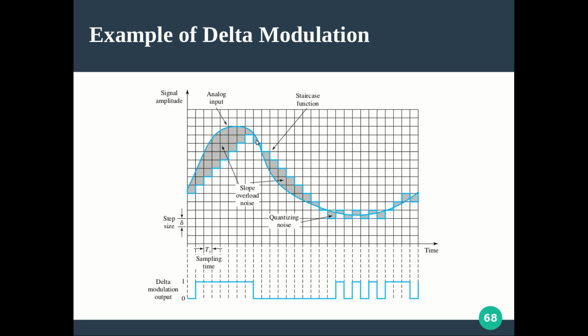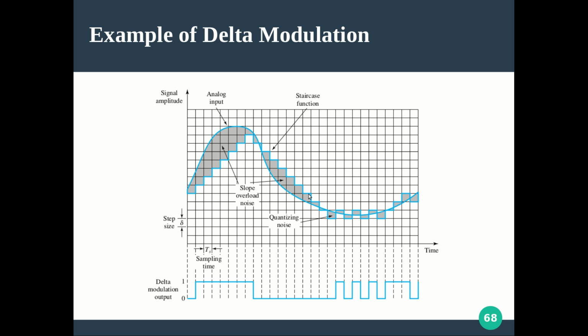Now at the sampling interval, see the staircase function, what is the value of the staircase function? This is the amplitude of the staircase function. Now at this point, what is the amplitude of our signal? It is down, right? This is the amplitude of the signal. As the amplitude of the signal is lesser than the amplitude of the staircase function, we gave a down movement for the staircase function, and for equal value also we gave the down movement. Again down, because at the sampling interval the signal is showing a very low amplitude, so down, like that it is going.